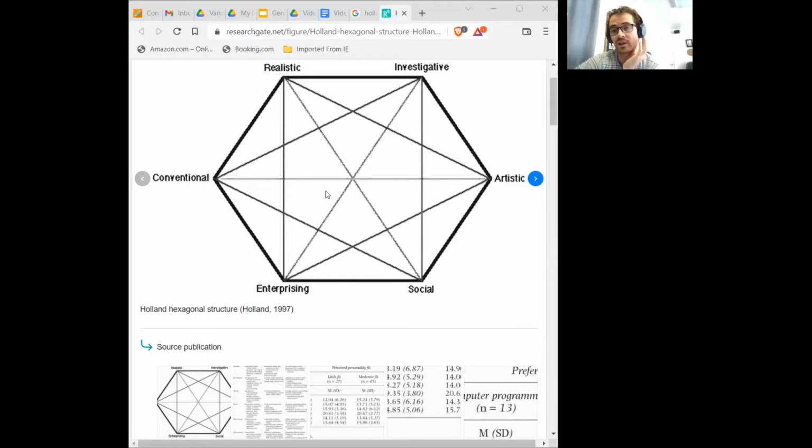So once again, I think the words are where it gets confusing, but differentiated is where there's a clear difference. If I'm social and artistic, those are close to one another, and they're different from the other codes that are farther away. Undifferentiated is where there's no clear type, no clear one environment that will work. So artistic and conventional span a large set of interests. If there are more questions about that, feel free to reach out. Hopefully that helped a little bit.